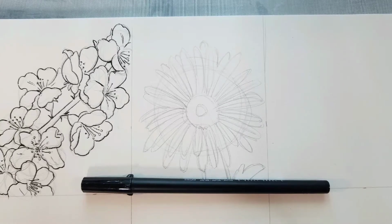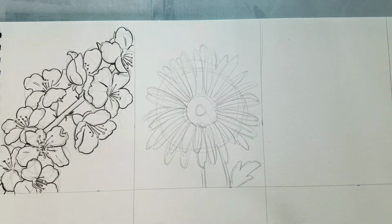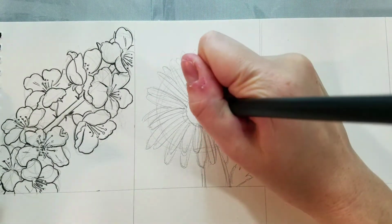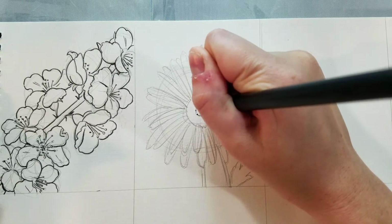It adds more liveliness rather than using one line weight, like if we were using a technical pen or a fineliner. I also like it because it's waterproof, and I want to watercolor these once I finish the drawing